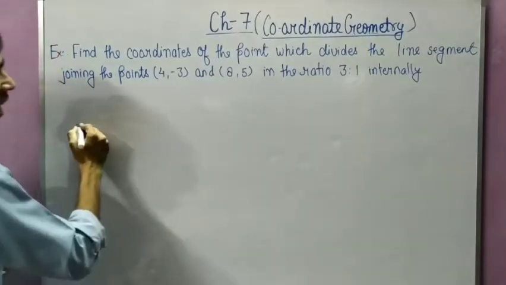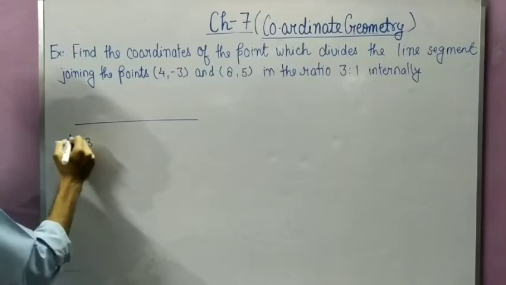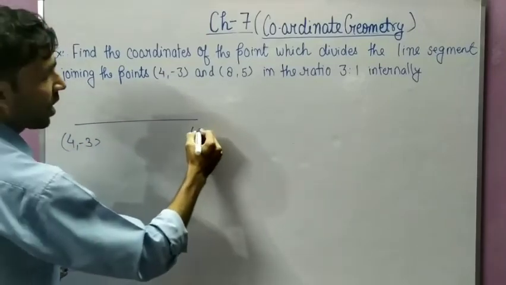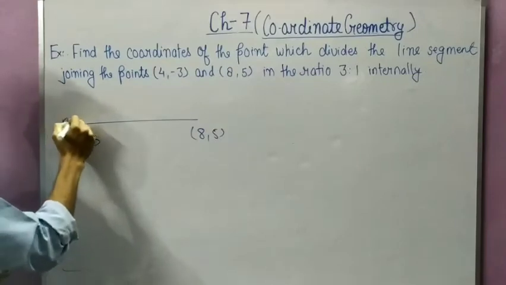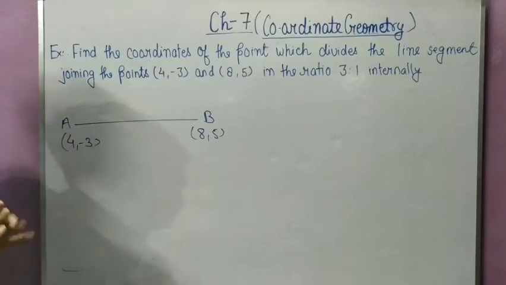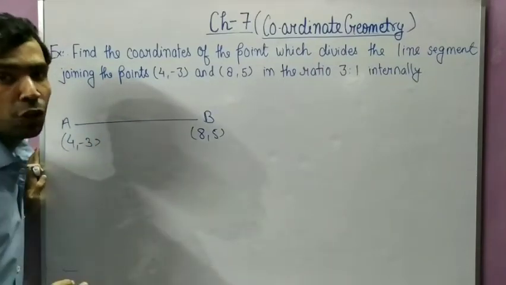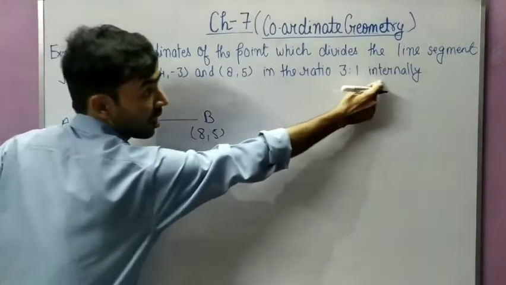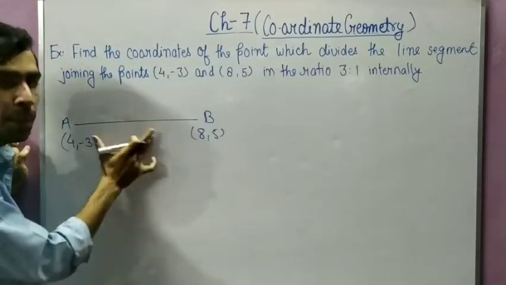तो मान लो एक लाइन सेगमेंट है ये. ठीक है, पहला वाला पॉइंट है (4, -3) एंड सेकंड पॉइंट इज (8, 5). मान लो उसको मैंने नेमिंग कर दिया, इट इज पॉइंट A, इट इज पॉइंट B, और ये एक लाइन सेगमेंट है. अब देखो, अब इसके बीच में एक पॉइंट है जो कि इसको 3:1 में डिवाइड कर रहा है. इंटरनली इज रिटन ना, तो जो पॉइंट P होगा वो इस AB के अंदर ही होगा.